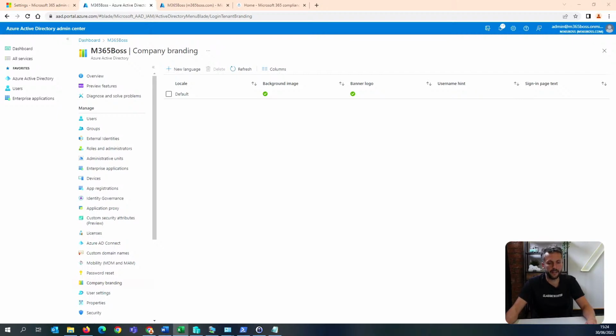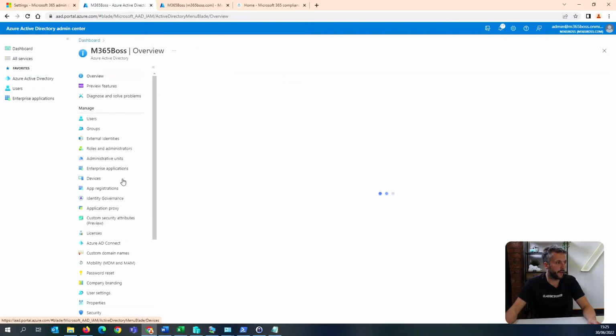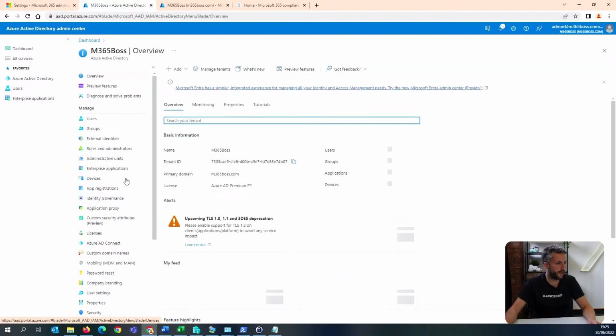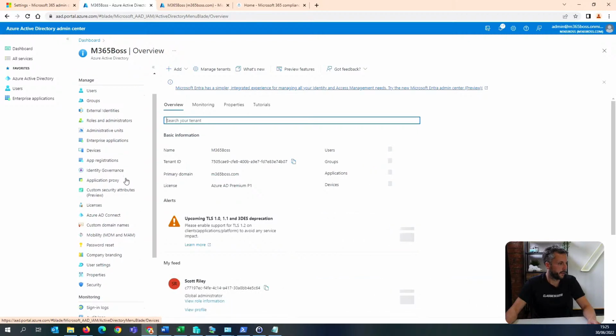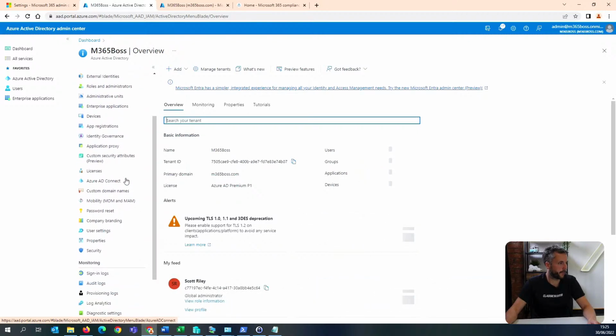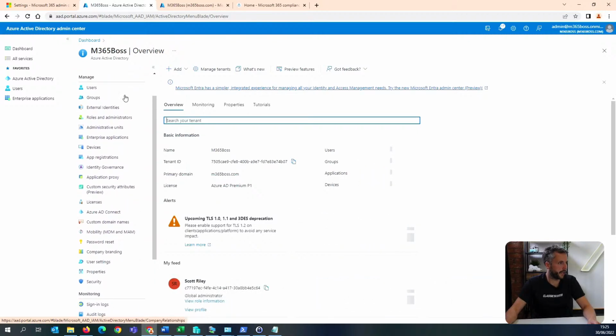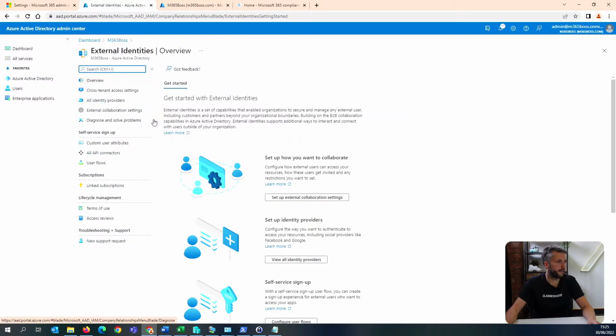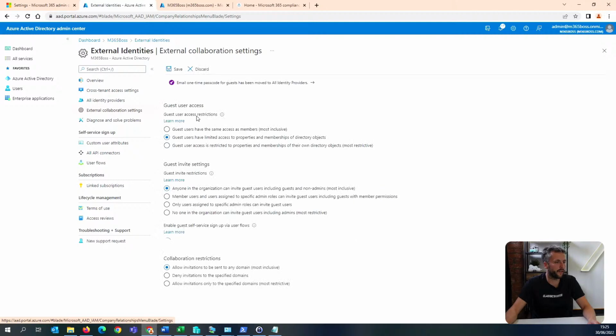Cool. So the next one, to mark that off the list, is our external collab defaults. So they've slightly moved that within the Azure AD portal. So we'll just jump back up here and we're just going to go to, just remind myself, external. External identities, there we are. And we've got external collab settings. You can see it's, keeping on top of this. So you can see here, our